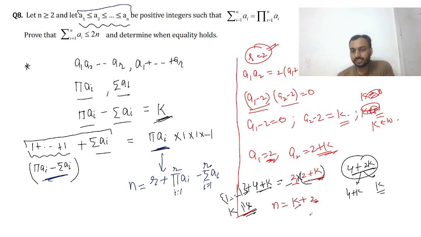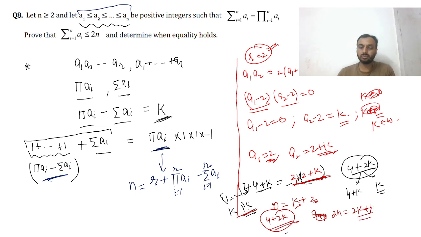So we have to say that the sum of numbers is equal to, or even the product of numbers, because sum is equal to product. So the product of numbers is equal to 2n. So what is the product of numbers? 4 plus 2k. And what is 2n? 2n is also 2k plus 4. Right? So equality holds in this way,